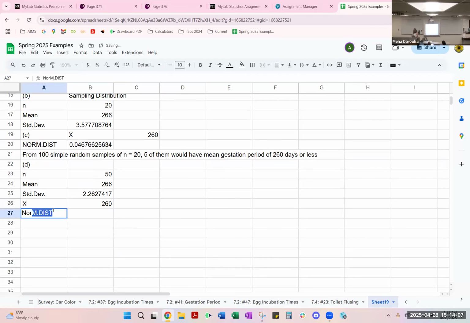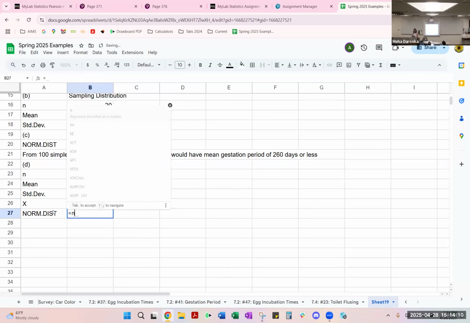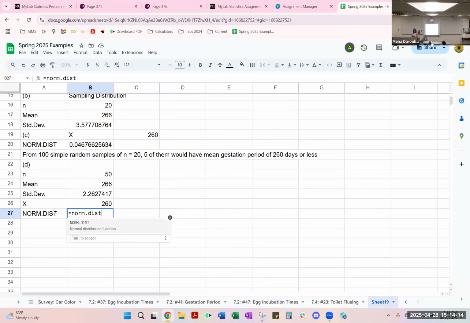So now when we do the norm dot distribution, what will happen to the percentage? So we are looking at 260 as our X value. Mean is 266, standard deviation is this new one. And then of course we're cumulative, say true. So look what's happening: as your standard deviation is getting smaller, your probability is also getting smaller, right? So now for this guy,